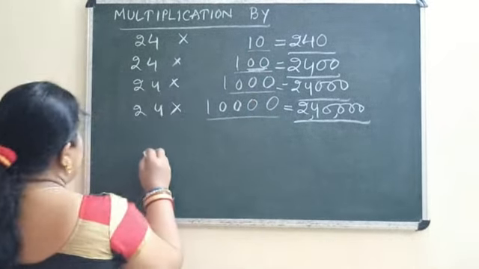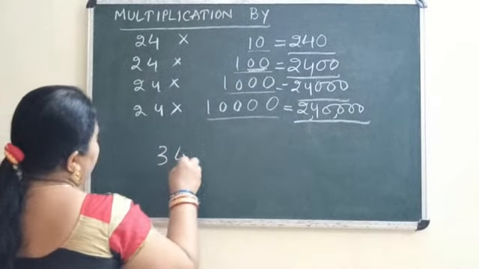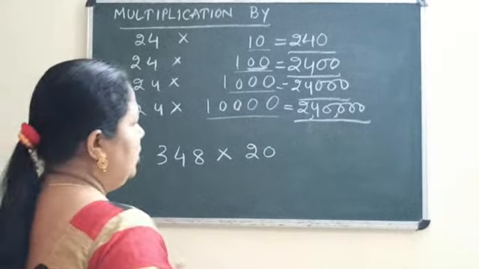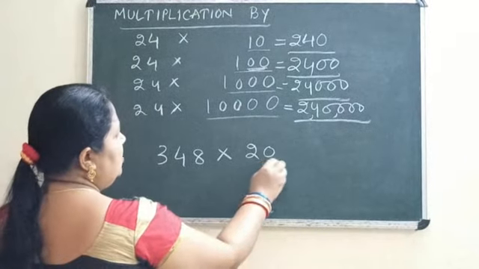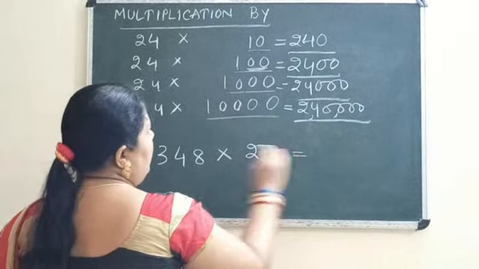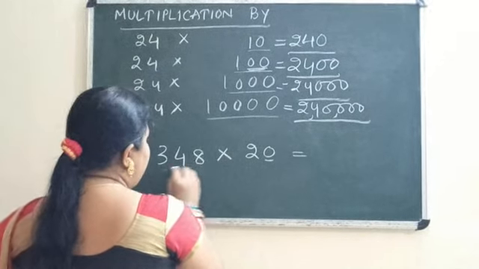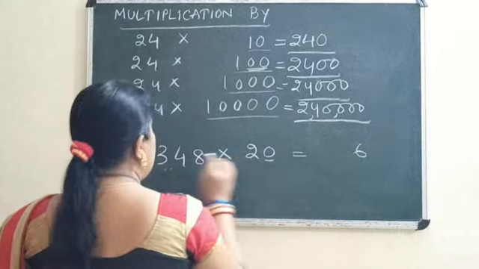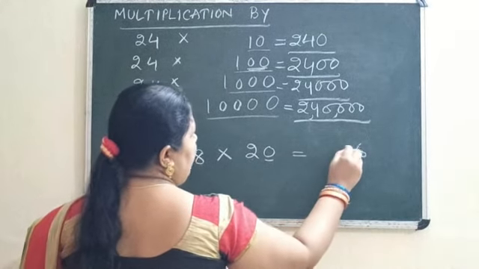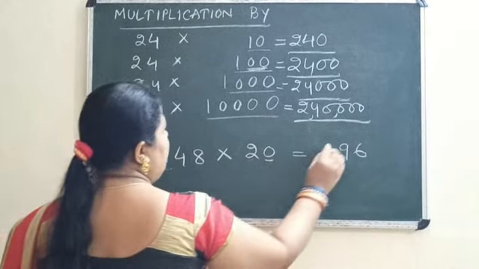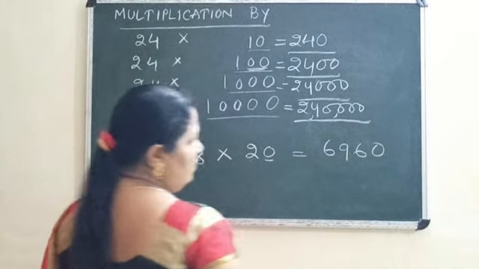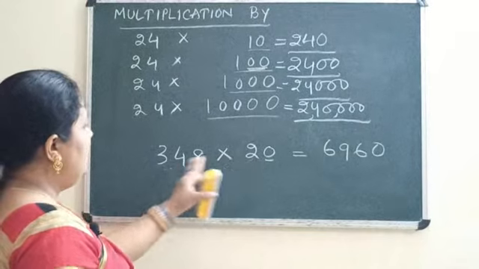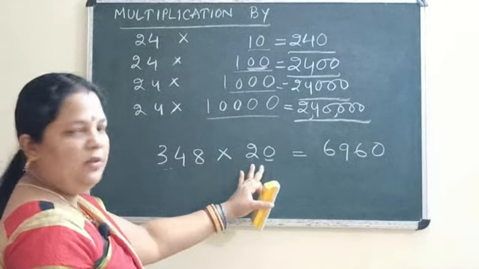So simply you follow this formula to get the answer if the multipliers are like this or multiples of 10. Another thing, suppose 348 multiplied by 20. 20 means what? One zero is there. Clear? So what to do? You multiply this number by 2. 2 8s are 16, 1 carry. 2 4s are 8, 1, 9. 2 3s are 6, and followed by 0. Clear? So no need to multiply, simply you can solve this here only.